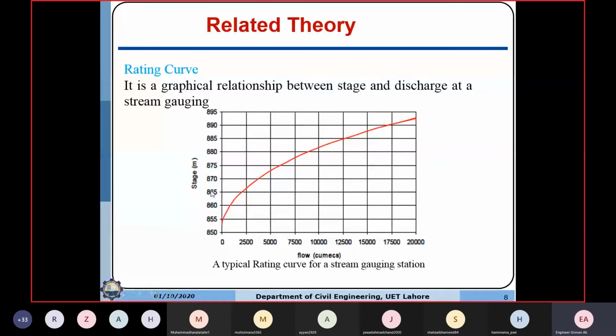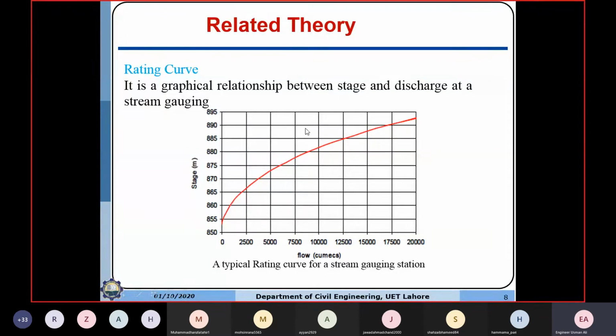Remember this: when we plot the rating curve in the field, we have two things to do. Number one, we have to find the stage when it is rising. So we have to find different stage values and corresponding discharge values. We have to measure them actually, and then we can plot the rising rating curve. And then we have to repeat the same for the falling stage. When the water level in the river is reducing, we again find the discharge and the corresponding stage, and then we plot again.